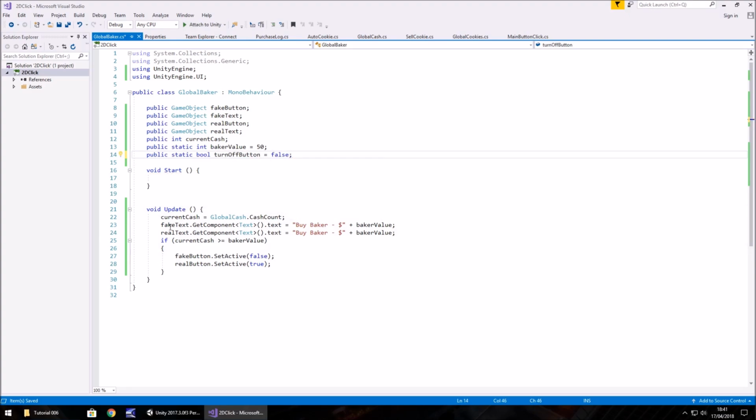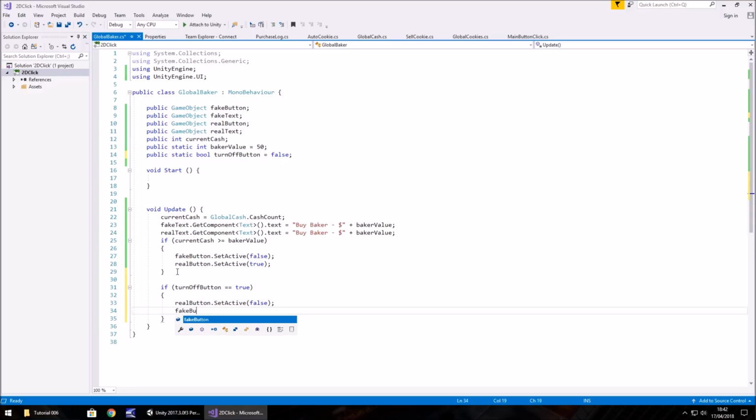So within void Update, what we'll need to do is if turnOffButton equals true, open curly bracket, sorry, we need to turn the real button off: realButton.SetActive(false); and fakeButton.SetActive(true);